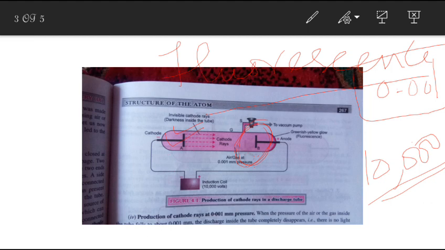Now, what are the properties of the cathode rays? How did Thomson name these cathode rays as electrons? How do they travel? What substance are they made up of? What are its characteristics? So its first characteristic was that